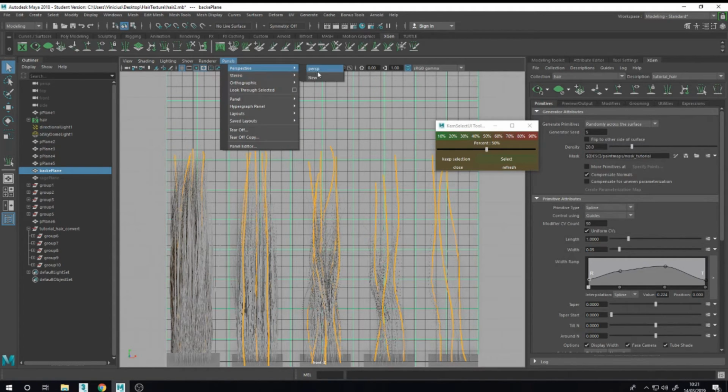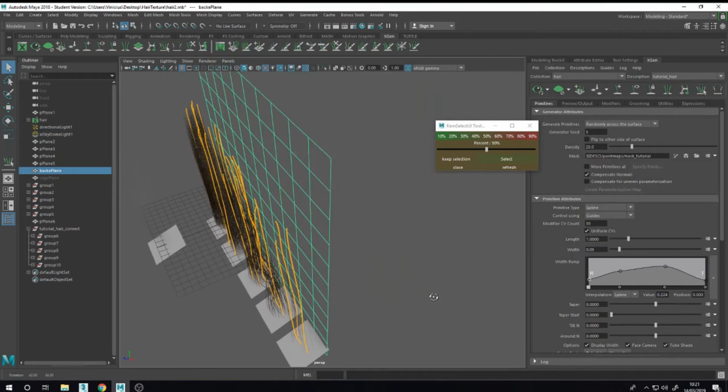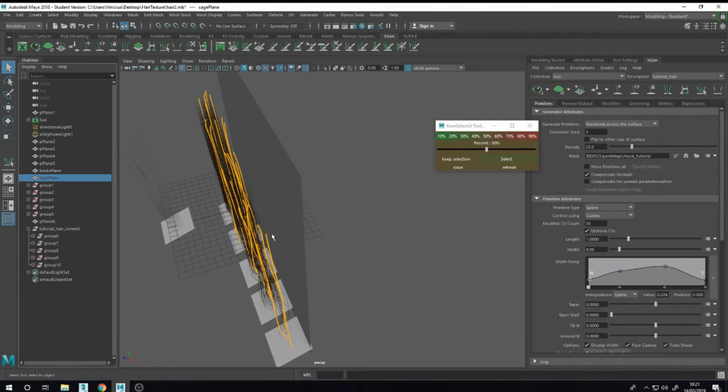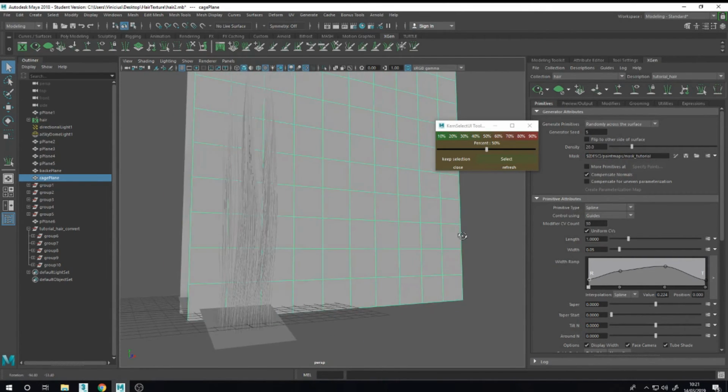and duplicate it and create the cage one in front, just like that.